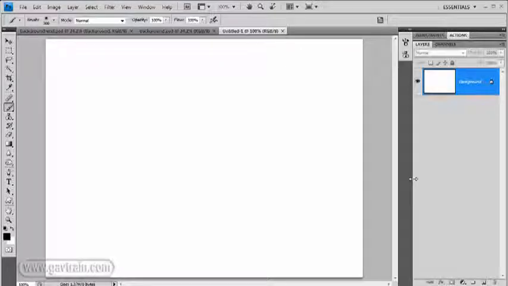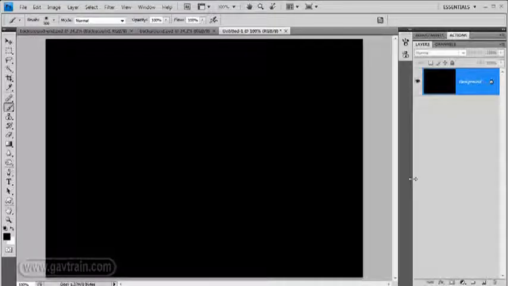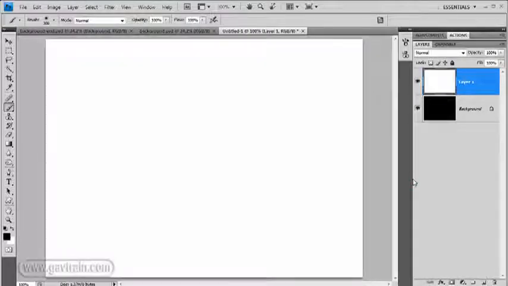Control and I. Great. We're also going to get a copy of that black layer by pressing Control and J. And you know what? I'm now going to change it back to white again. Typical really, isn't it? So Control and I once more. Right, what we're doing here is making our film, our strip of film, but we're making it one frame at